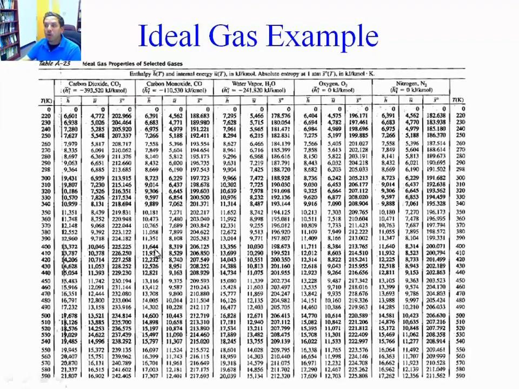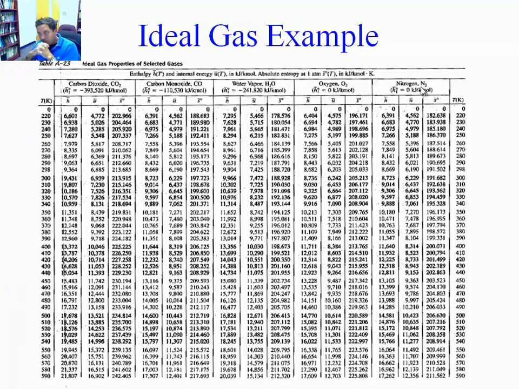All we have to do is go to this table. There's table A23, which is posted for you on D2L, which shows the enthalpies, the energies, and this value that we don't know what it is, a form of entropy, as a function of the temperature in Kelvin. So all you have to do is go in with temperature and extract what you need. One thing to notice, this table is only for CO2, CO, water vapor, which can also act as an ideal gas at very, very high temperatures, and O2 and N2. Okay, it doesn't have hydrogen, it doesn't have air. There are specific tables for air. We already used those.